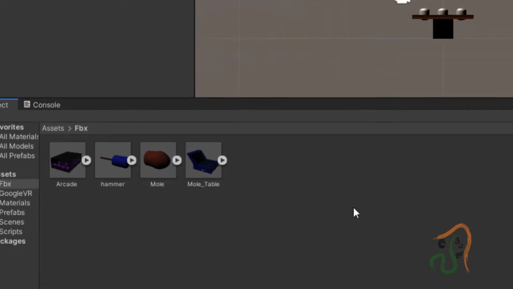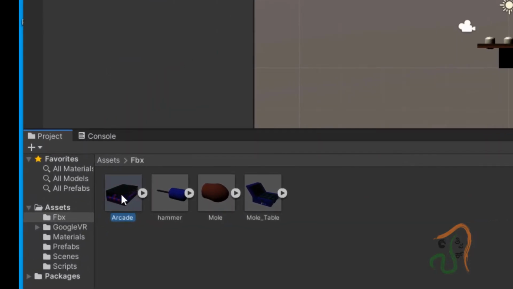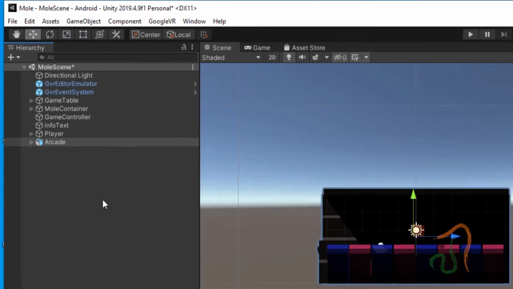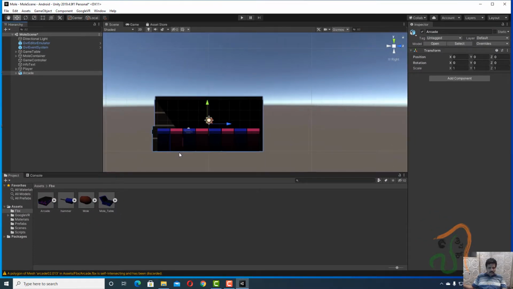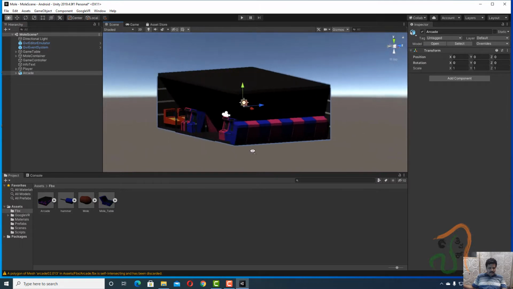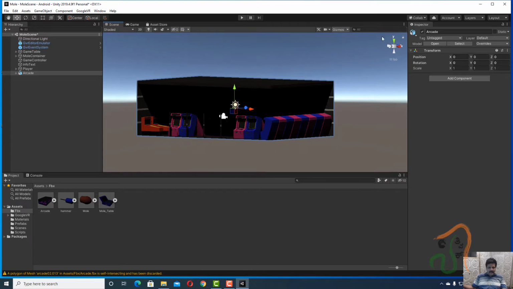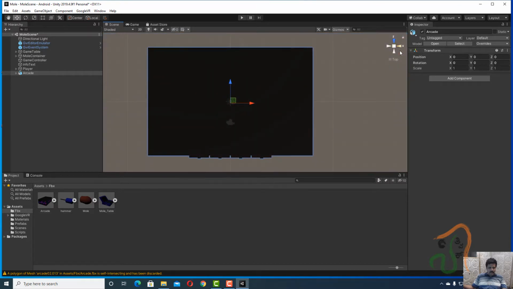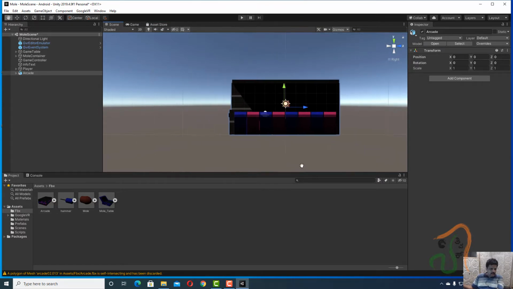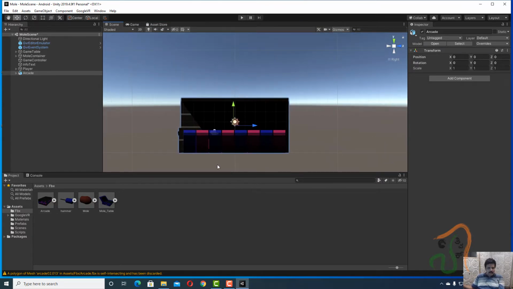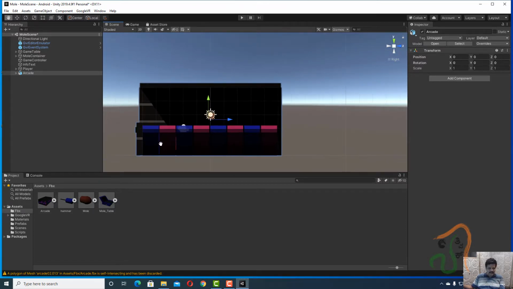The first thing that we are going to use here will be the arcade. Select this arcade and drag it into your scene. So you have the arcade added over here. If I right click, rotate and see it, and come to the front view, this is the side view, and you can see this is fine. The only thing in this arcade is we have to check the size. Let us zoom in.